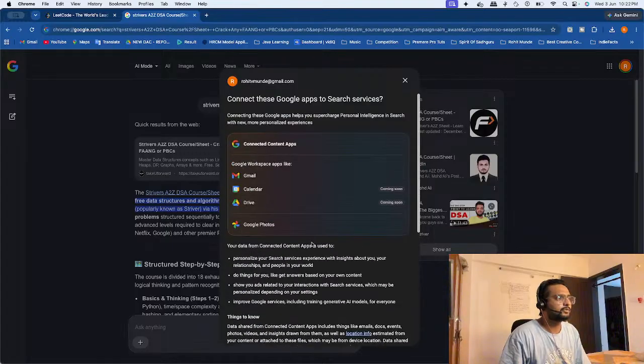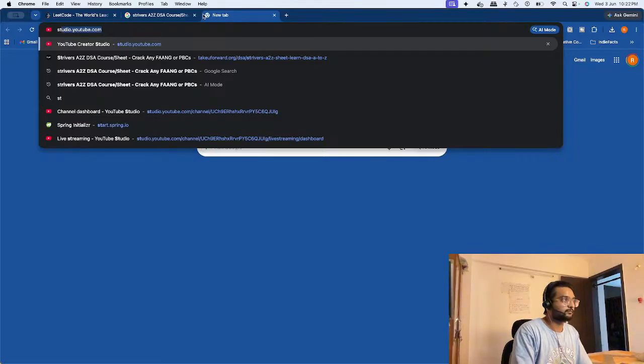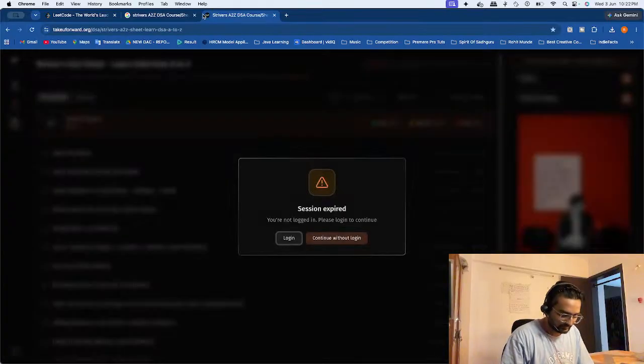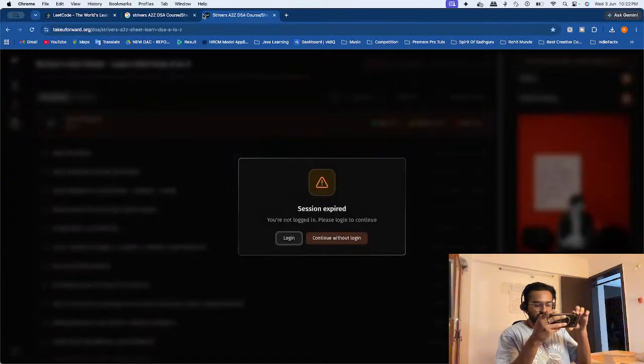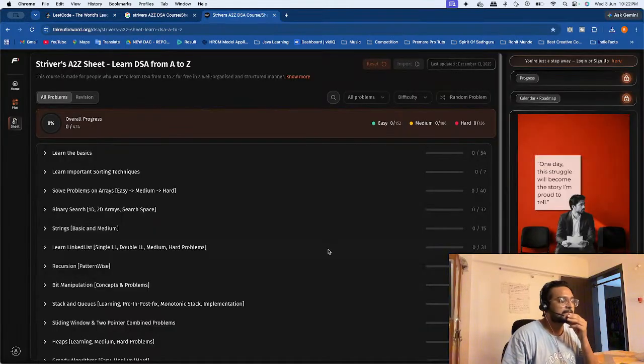Connect these apps to Google search services. Connecting apps supercharged personalized. Okay, I'm not sure about this. Drivers list. Now forward looking to be. And then